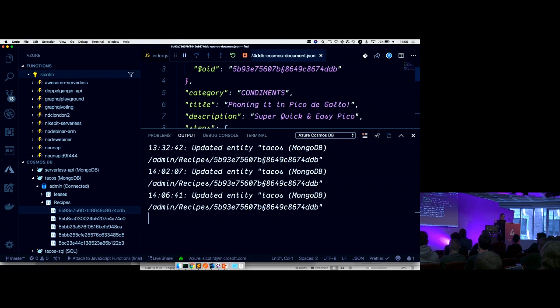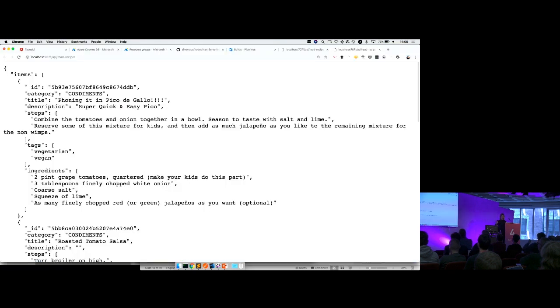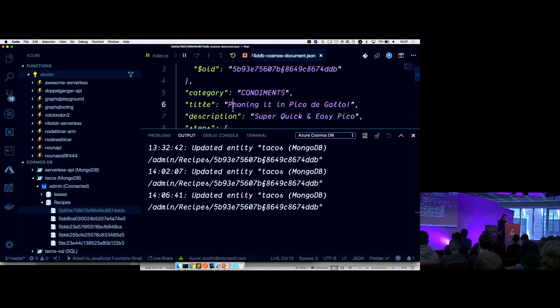So I've deleted these from Cosmos DB. So now if I refresh the page, we shouldn't have these anymore. Which is true. We only have one. Probably, if I refresh again, hopefully. Yeah, we left one there. Awesome. So we have connected to our database.